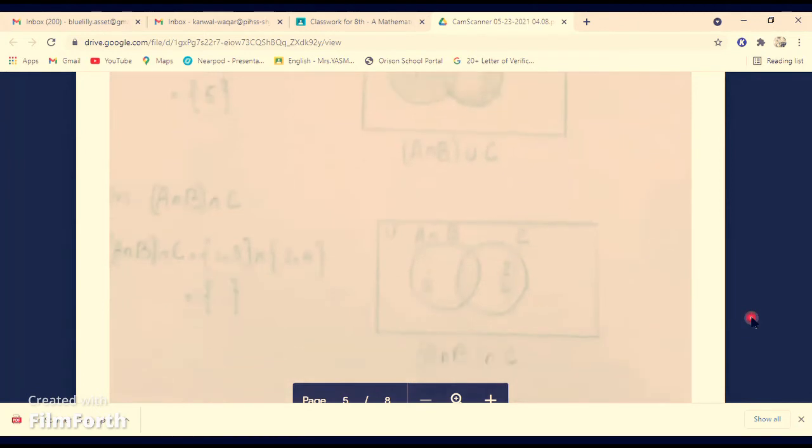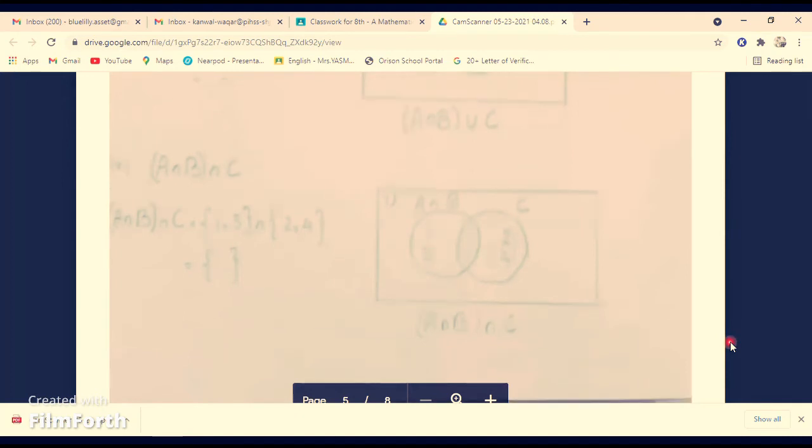The beauty of Venn diagram is that A intersection B intersection C. First of all, find A intersection B, then intersection C. A intersection B is, we have two members, 1 and 3, and 2 and 4. Nothing is common between these two sets. So the middle part will not be shaded. If you want to shade it, don't write any number, because 1, 3 are odd numbers, 2, 4 are even numbers. So nothing is common, but we are representing it with the Venn diagram like that.